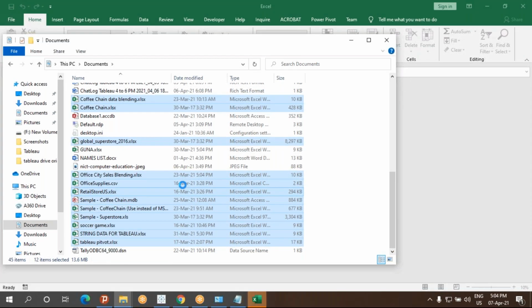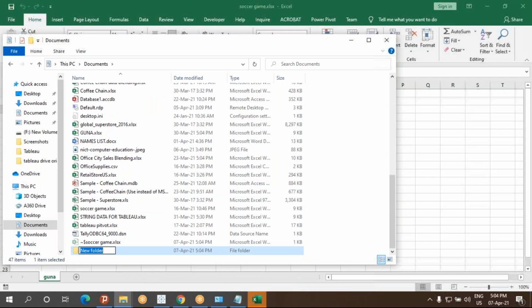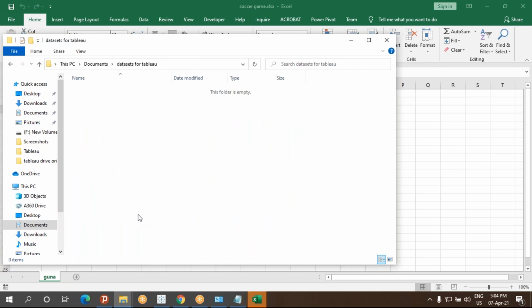Data sets for Tableau. Copy, get a folder.